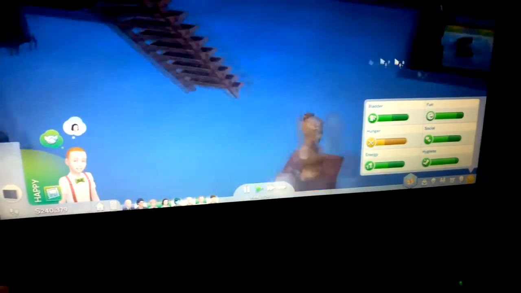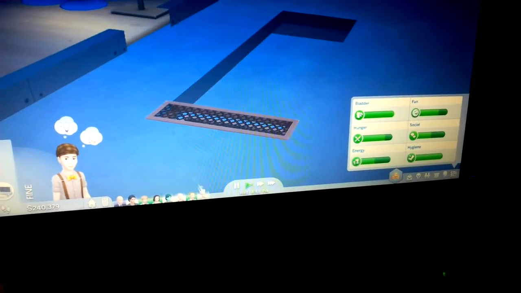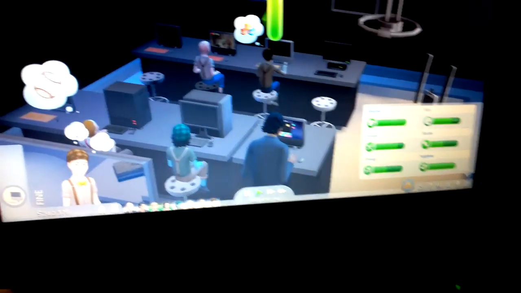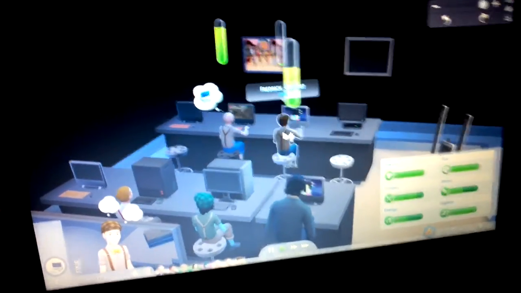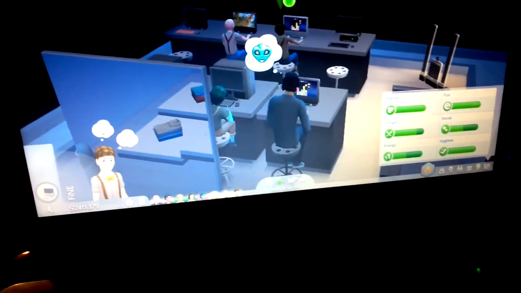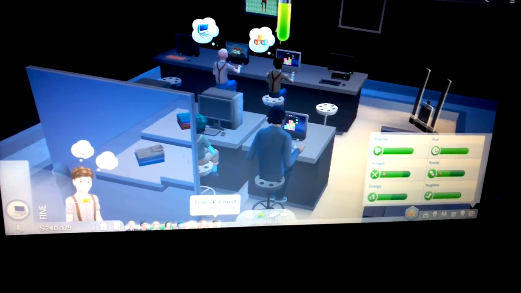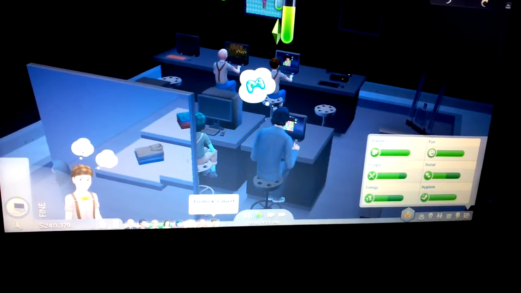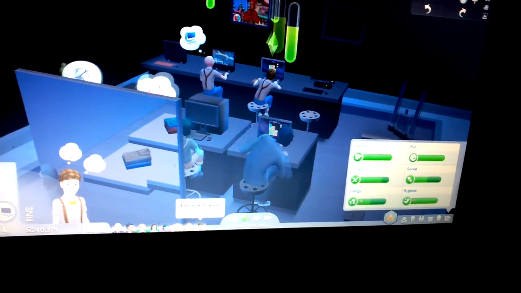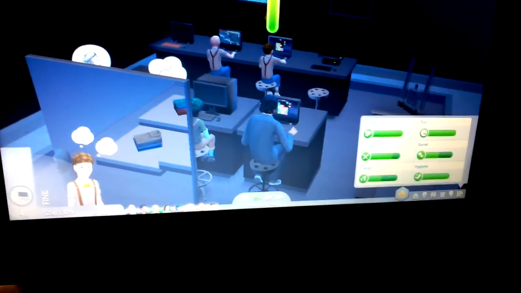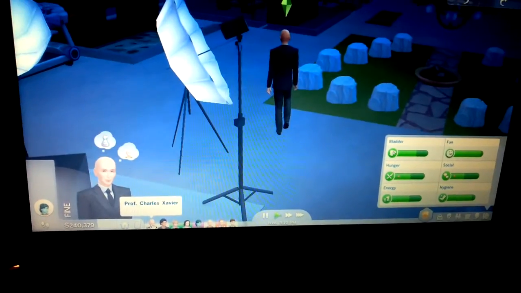Probably gonna have to go out and back into the game because it's just lagging and doing its own thing. There he goes. Where's Frederick? There he is. Frederick Calvert is Monroe's son. He just happened to get Mom's last name. Monroe doesn't really, I don't know. He has one name. Okay. There's Professor.